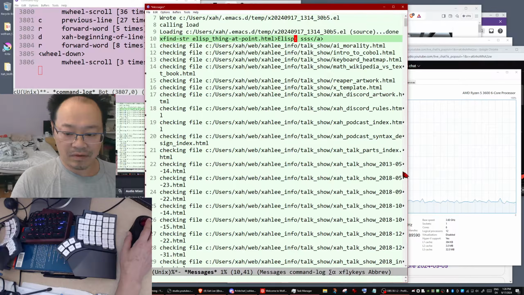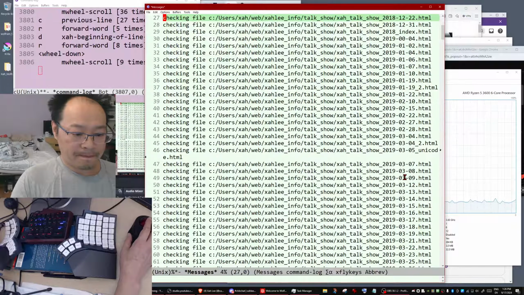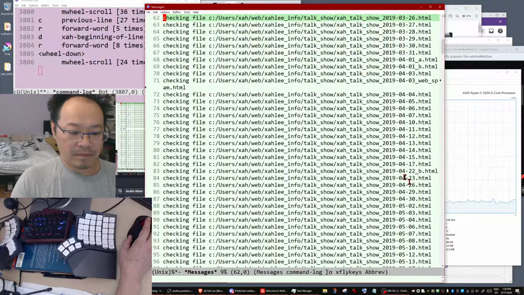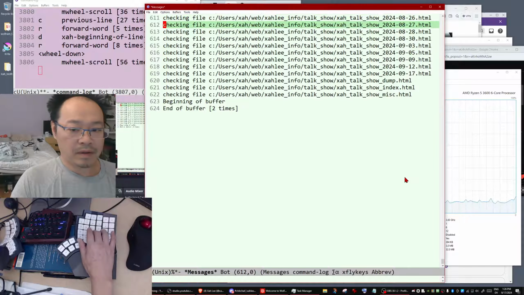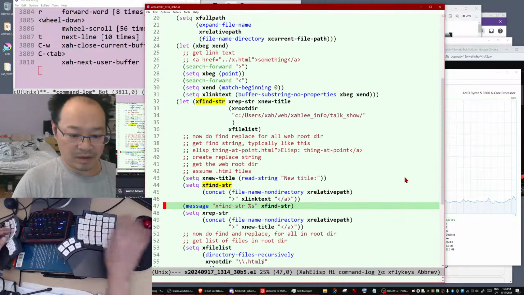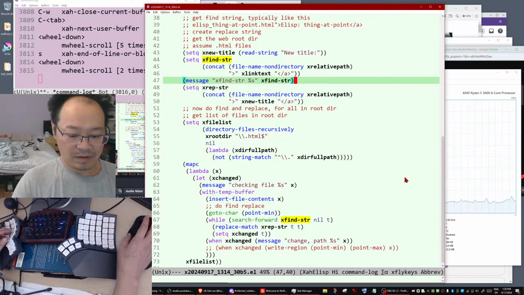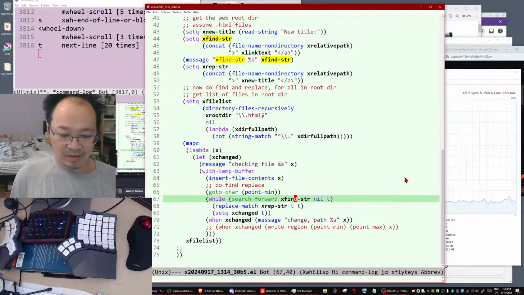Now close that, go to the code. The find string is correct. However, it does not seem to ever find it. Why?